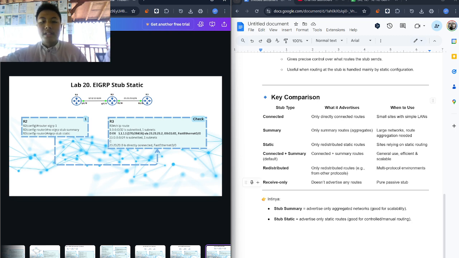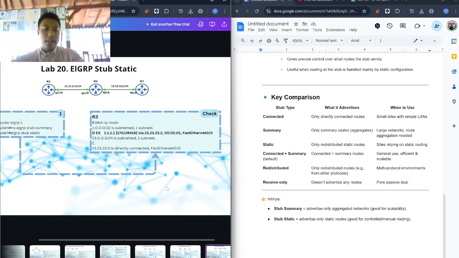And the last one, receive-only, does not advertise any route and is used for passive stubs. So the mini summary: stub summary advertises the aggregated network, good for scalability, and stub static advertises the static routes, good for controlled and manual routing.